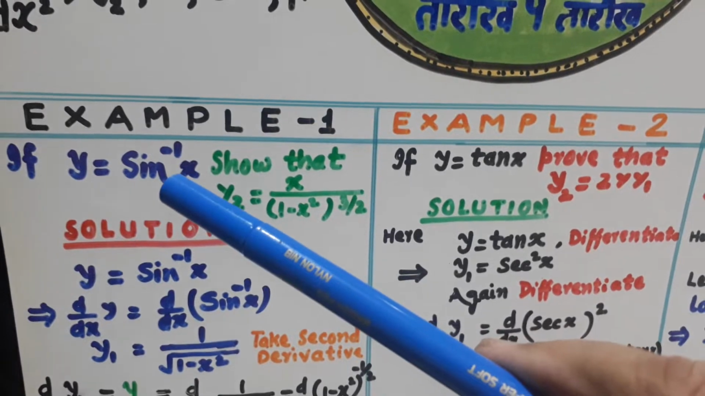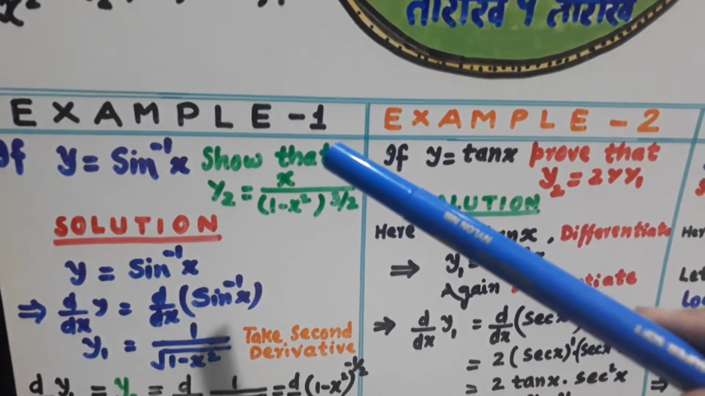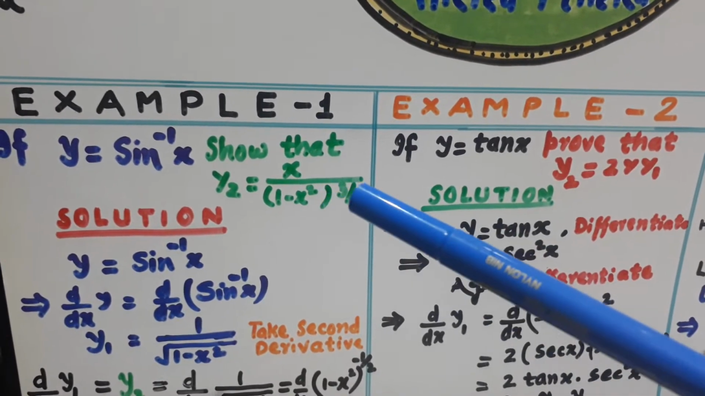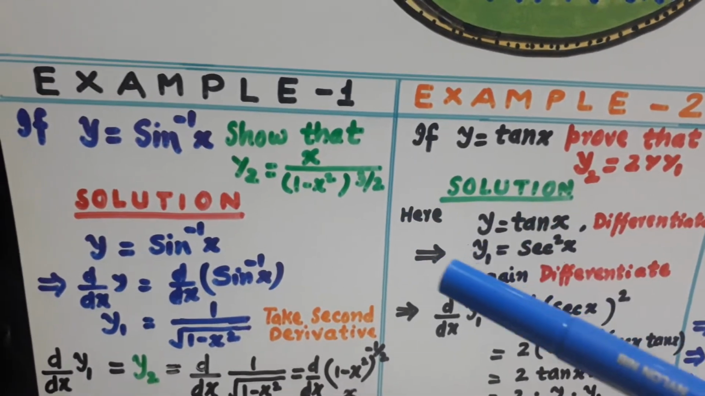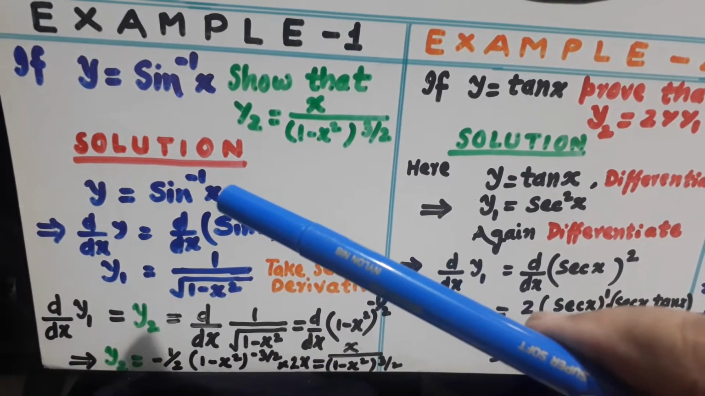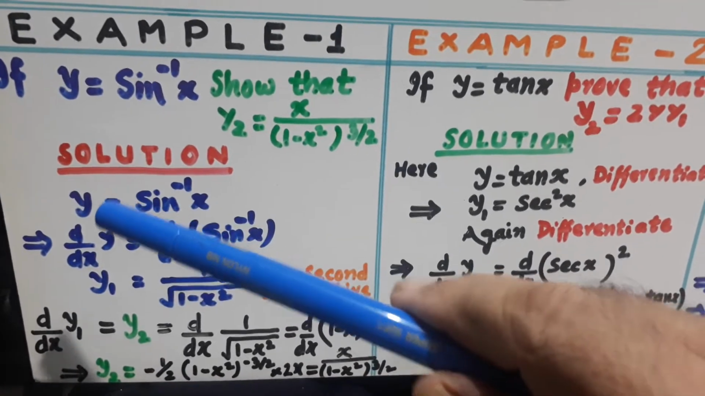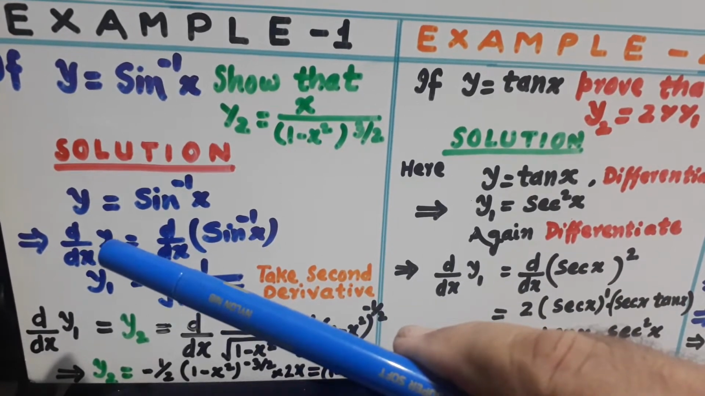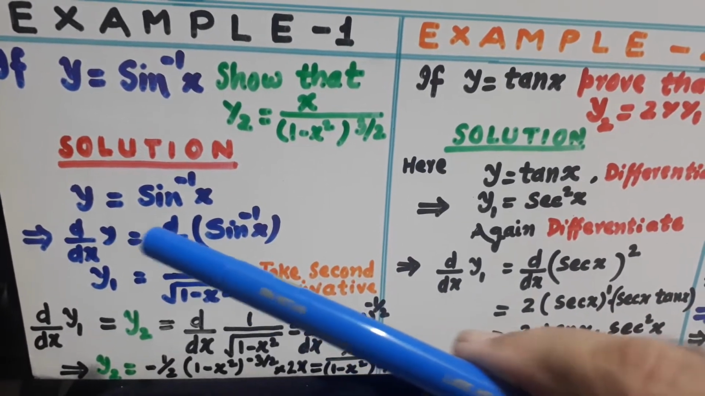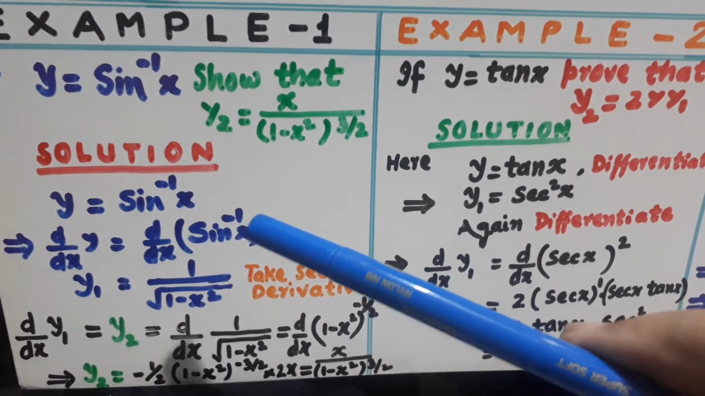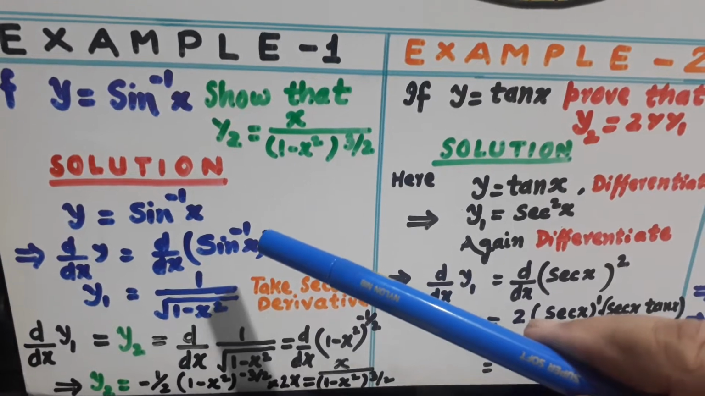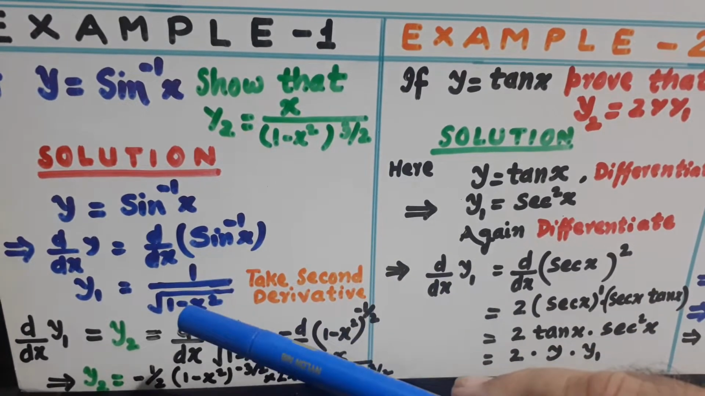If y is equal to sine inverse x, show that y2 is equal to x over (1 minus x square) raised to power 3 by 2. Let us see. y is equal to sine inverse x. Let us take the first derivative. d/dx of left side is equal to d/dx of right side. That is, d/dx of y is equal to d/dx of sine inverse x. So this can be written as y1, and sine inverse x का डेरिवेटिव होता है 1 over अंडर रूट 1